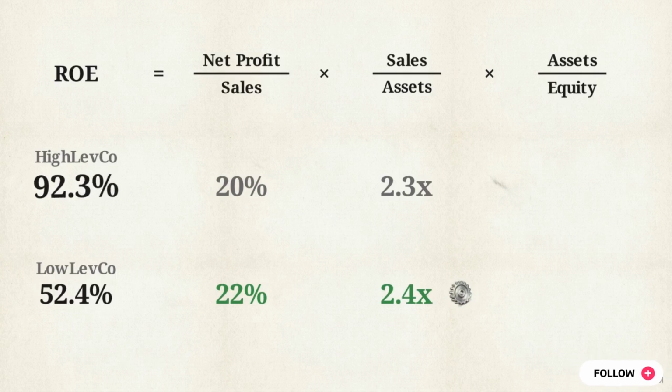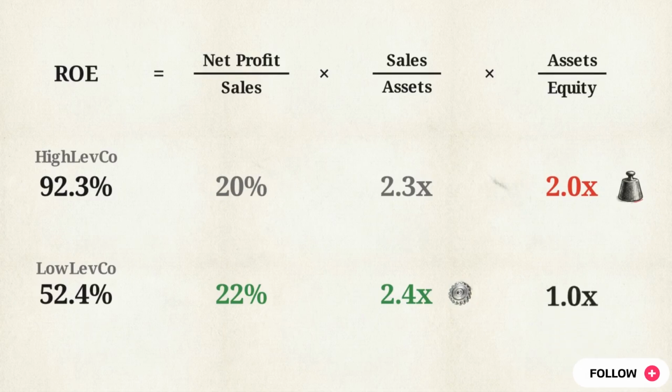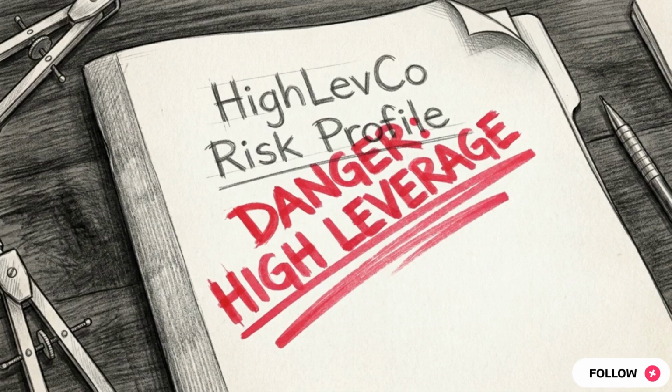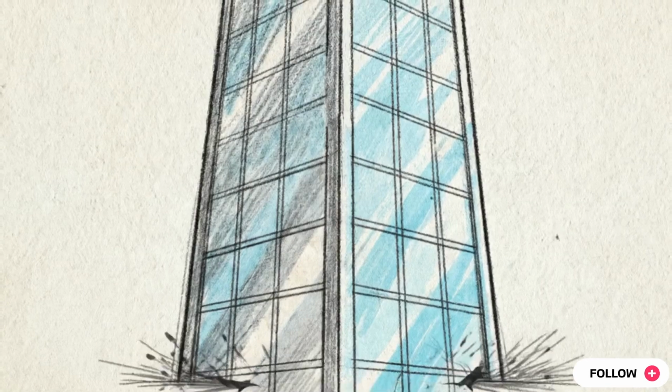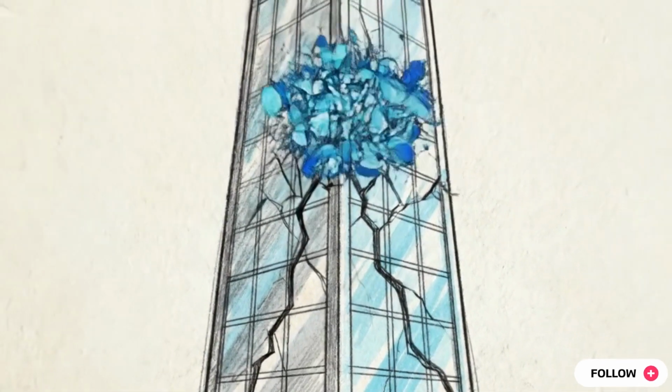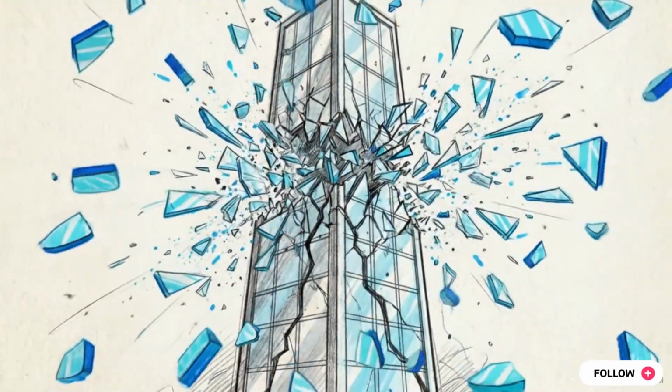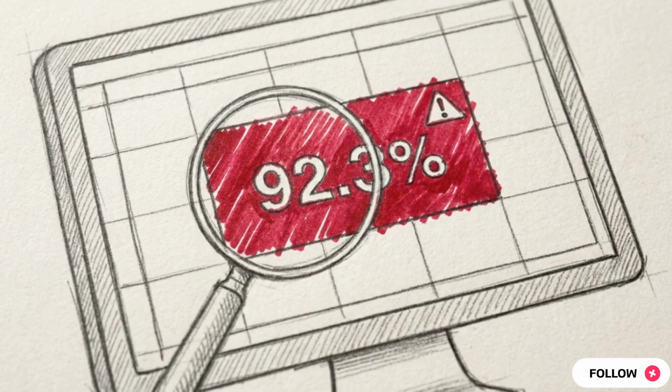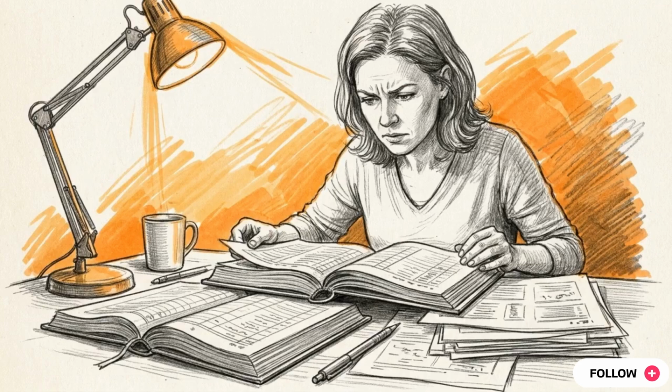The DuPont framework synthesizes these three pillars into a single equation: ROE equals profit margin multiplied by asset turnover multiplied by the equity multiplier. Now, let's run the data for High LevCo and Low LevCo through our diagnostic engine. Here is the first reveal. Low LevCo actually possesses superior operational margins, 22% compared to 20% for High LevCo. Second, Low LevCo operates with greater capital efficiency. They generate a higher asset turnover ratio, turning their assets 2.4 times a year compared to High LevCo's 2.3. High LevCo's massive 92%